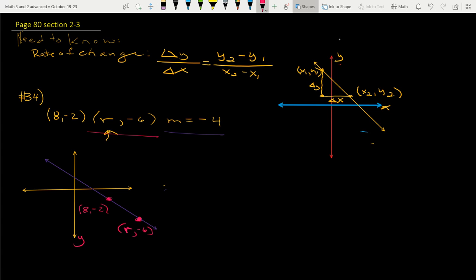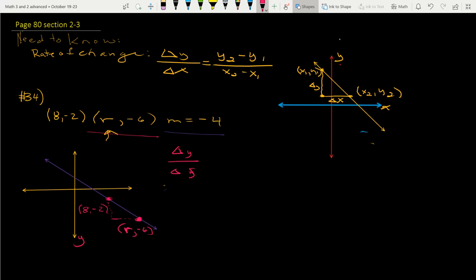Okay, so we have this graphical piece here, and then if we draw our dotted lines, we have our change in y over our change in x. So this is really what we're looking for. So how do we set that up? Well, we need our change in y. So our change in y over our change in x,